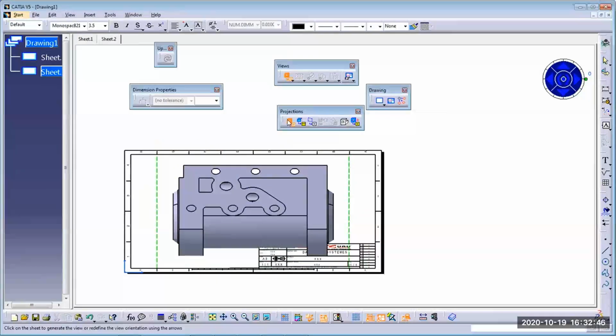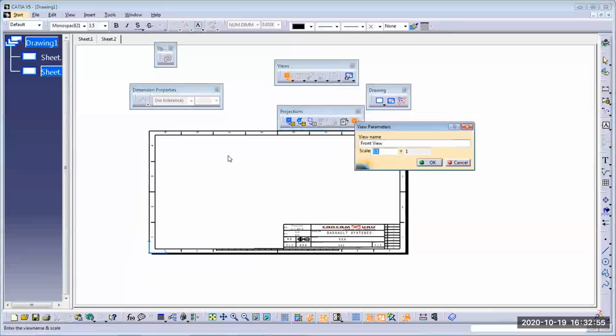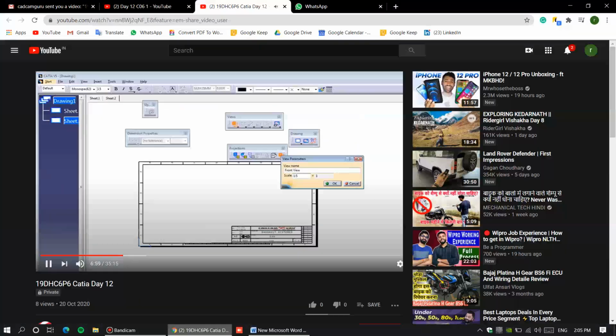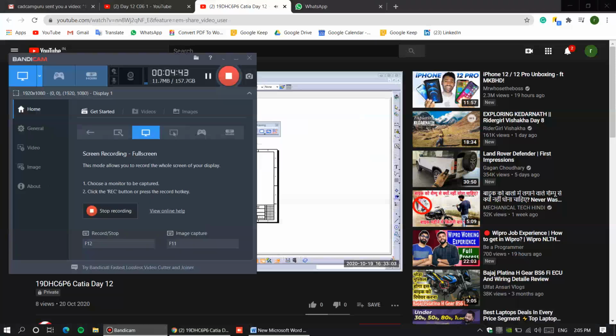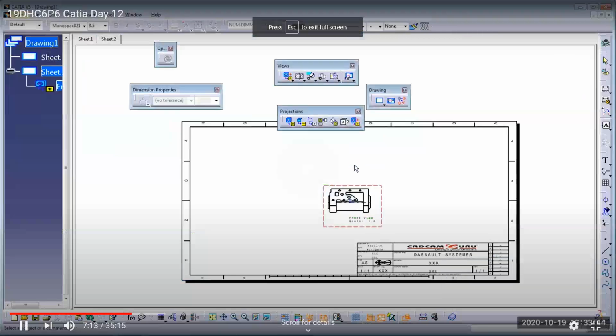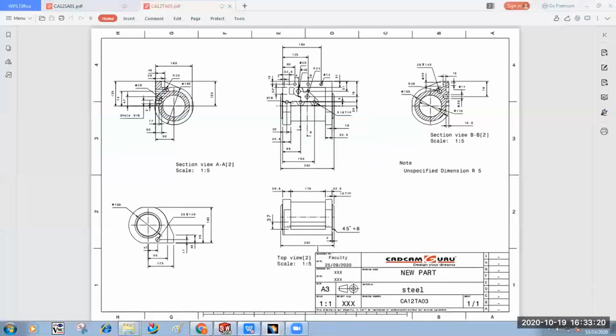But my requirement is that the scaling factor also gets reduced. So instead of this front view, I use advanced front view. Last time we have seen that I will reduce the scaling factor drastically to 1:5. Click OK and open this window. I can see this is matching. Click OK. My front view is placed. Next view, can you tell what is the next view in our drawing? Yeah, projection view.